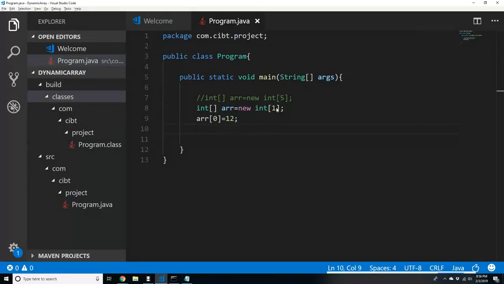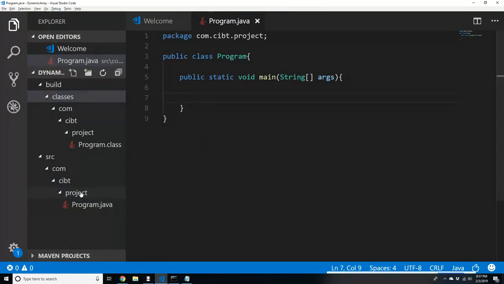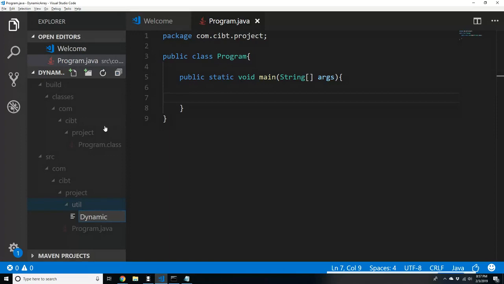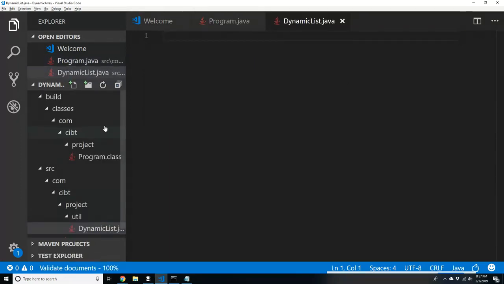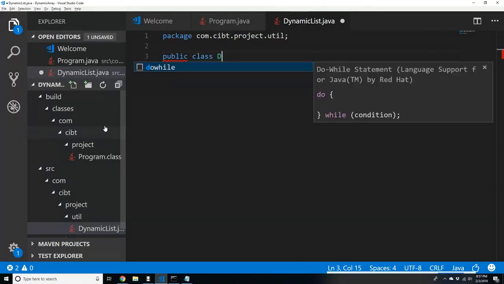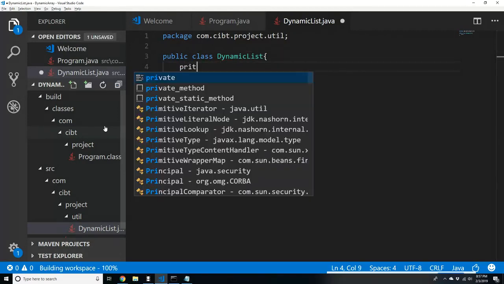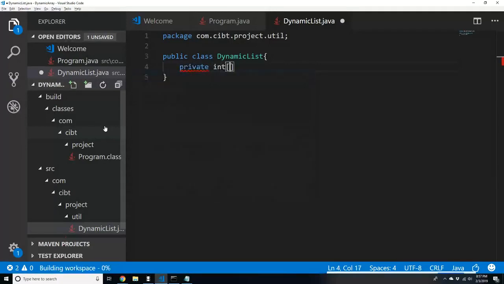Now, how to make this array dynamic, right? To do that, we're gonna create one class in a different package. We can create a separate package called util. Over there, we can design, let's say, DynamicList.java. So let's define the package com.cibt.project.util, that's the base package, and then public class DynamicList. This is where we define our variable, private int array, arr equals new int,